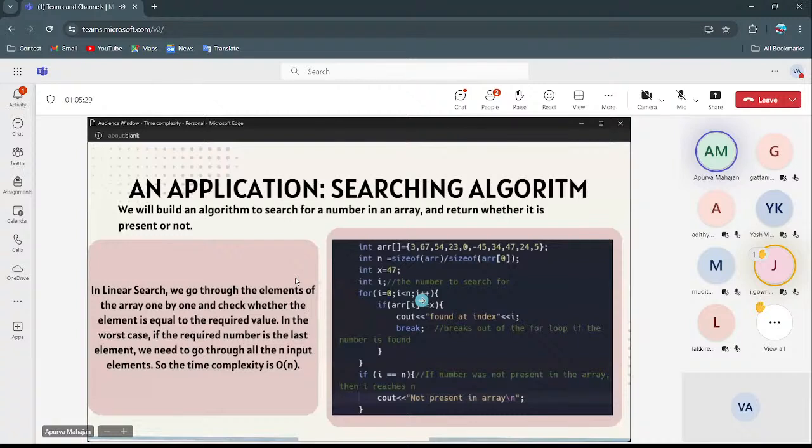So here we write a for loop which will go from the index 0 till n minus 1, and it will check if the element of the array at that index is equal to the number that we are looking for. If it is, then we'll print that we have found the element at the index and will break out of the for loop. So for example, if we found the number at the index 6, then we'll break the loop when i is 6, and then i will not be incremented further. But if we did not